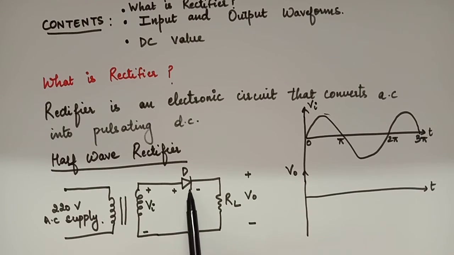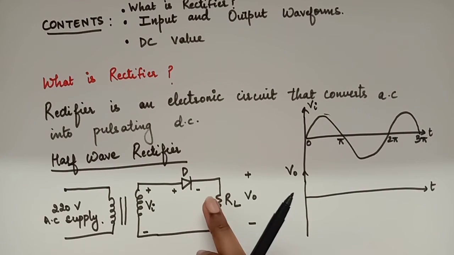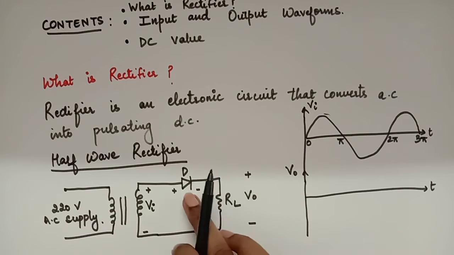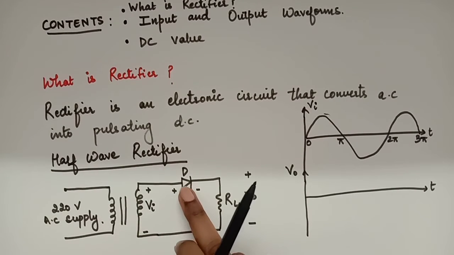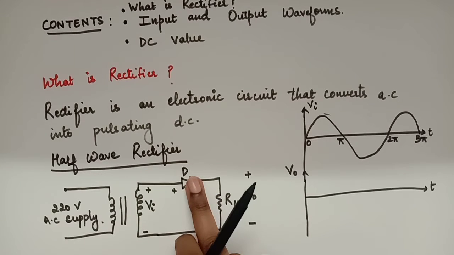As you can see, the diode is forward biased. In the previous lecture also we have tried to solve such networks. First of all we determine the state of the diode, whether it is forward or reversed, and in this case we will assume the diode to be ideal. So we will replace the forward biased diode with a short circuit, and the reverse biased diode with an open circuit. In this case for the positive half cycle, P is getting positive, N is getting negative. So it is forward biased.